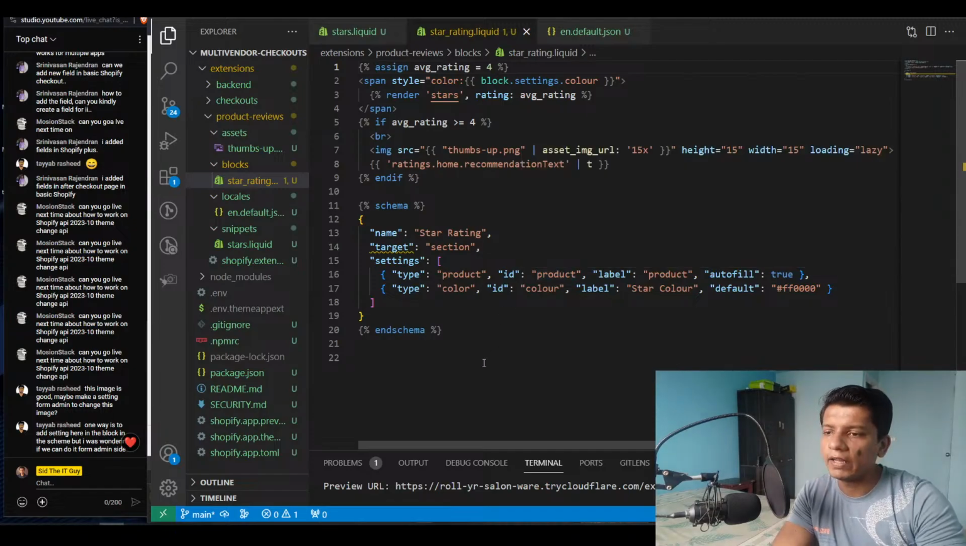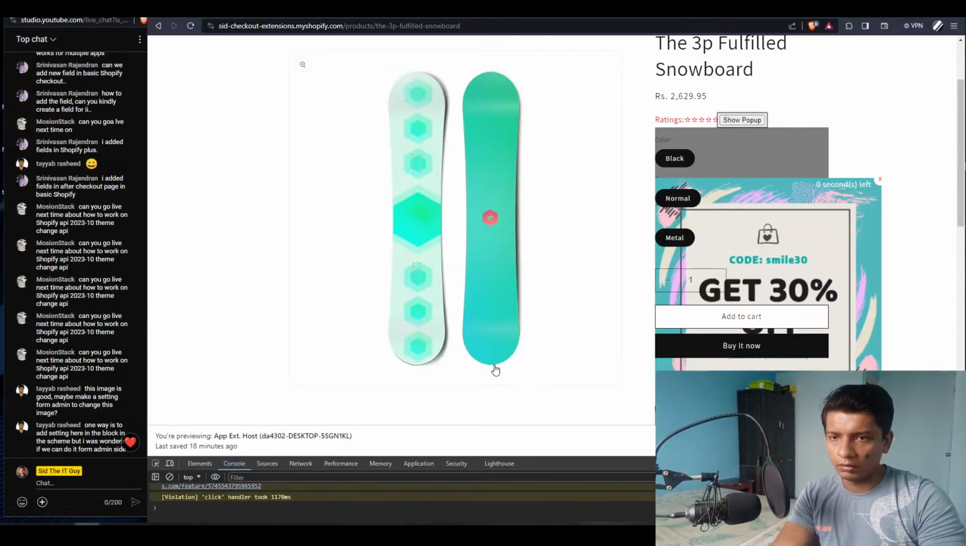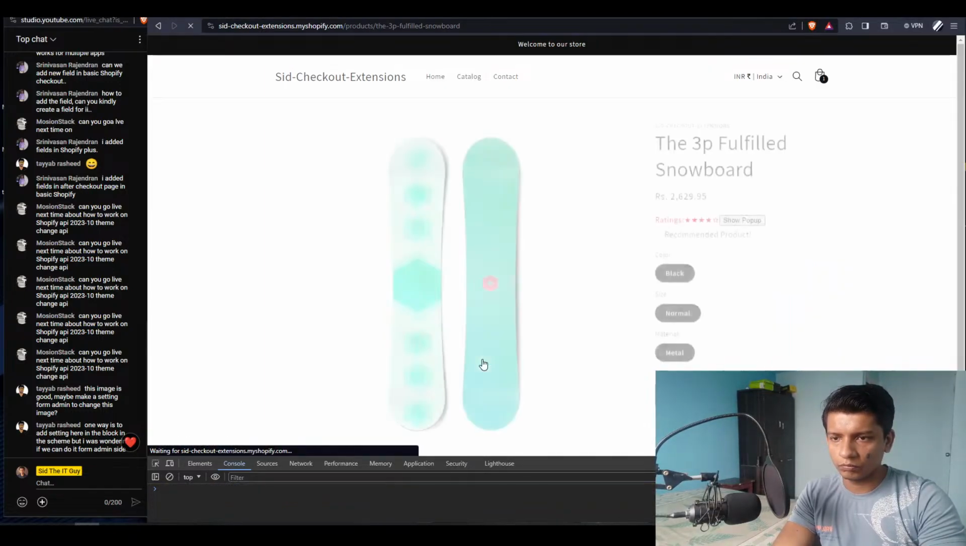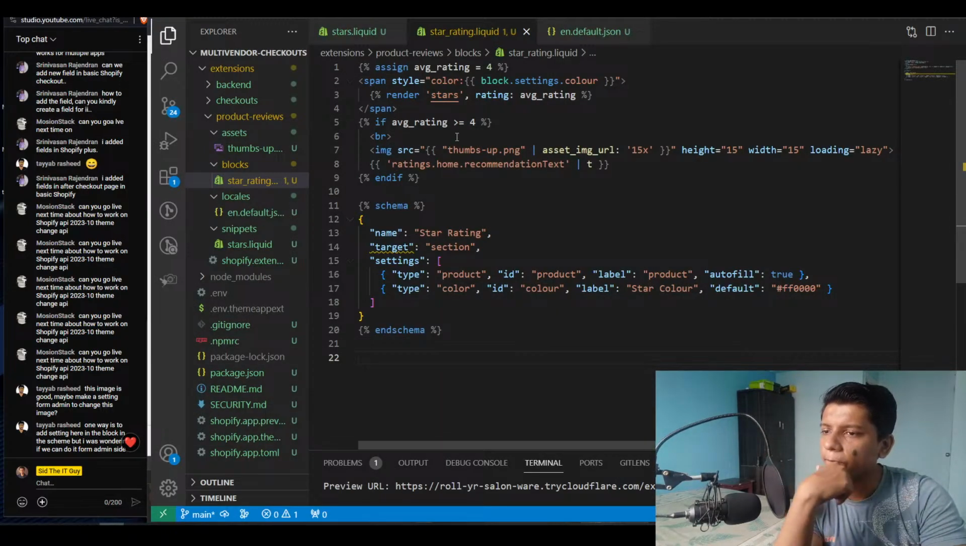Actually, the thing is that I think that you would have to define the skeleton of the app here. Yep, see. So I think there will be some aspects of theme app extensions that you would have to say will be following a structure. So in this case,